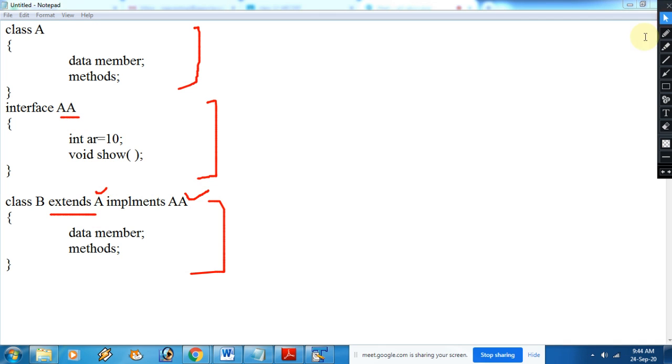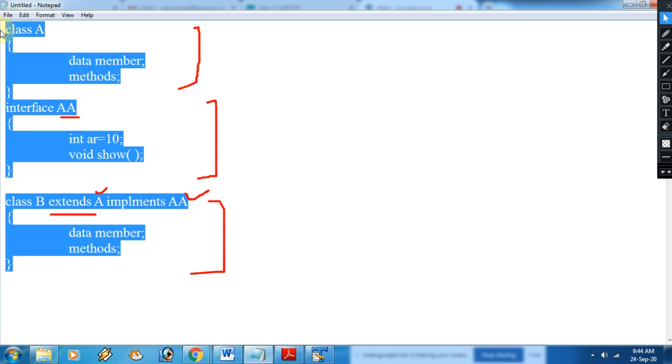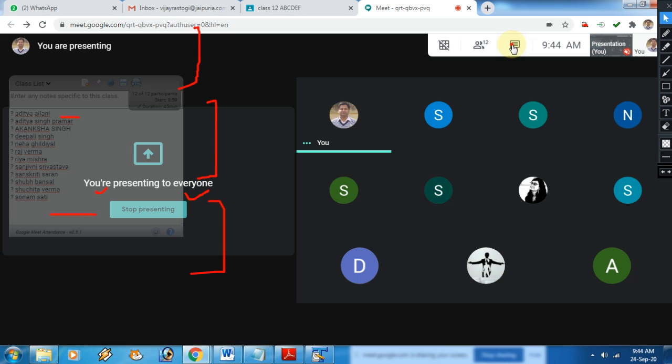Please write it down. I am posting the basic structure in the chat box also.